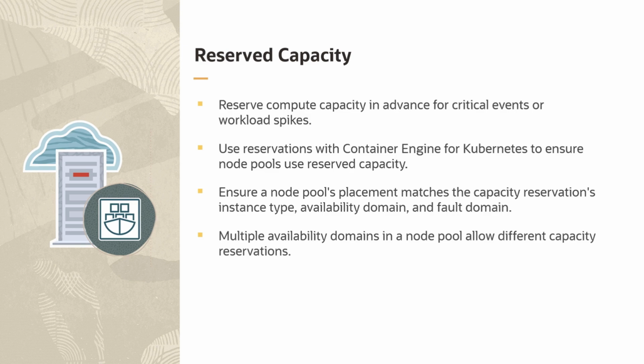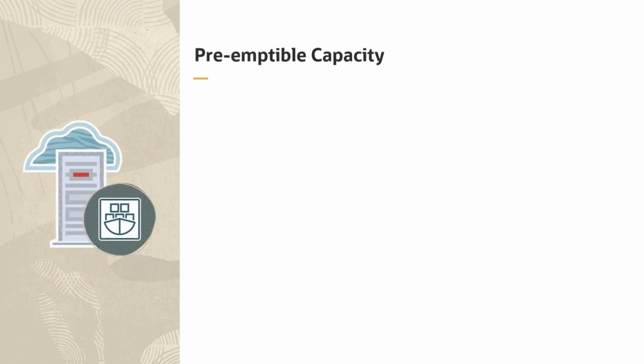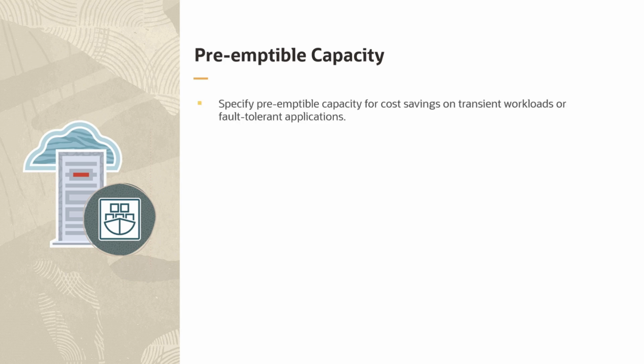And here's a cool feature. Multiple availability domains in a node pool allow for different capacity reservations. Just a quick note to remember, any changes you make to the worker node properties will impact new nodes, not the existing ones. Let's talk about preemptible capacity, a smart choice for those looking to save cost on transient workloads